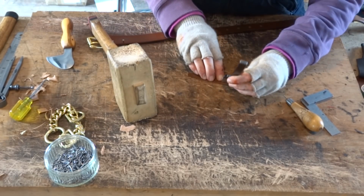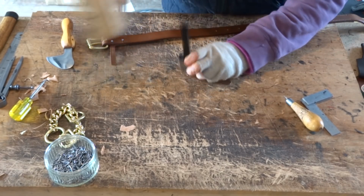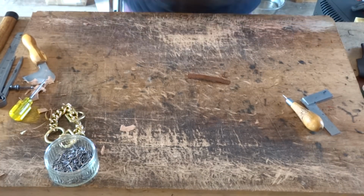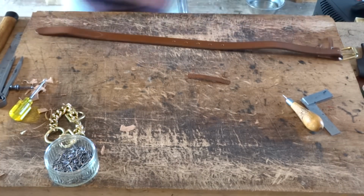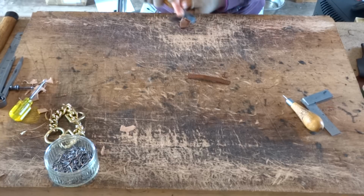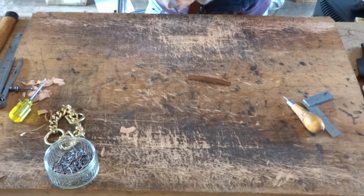Now I have got another video which I will link at the end of the video and in this little bubble here about looping. It will just give you a better idea as to what I'm doing here if you haven't made any loops before. And so once you've done that, you want to skive the buckle turn with your head knife,